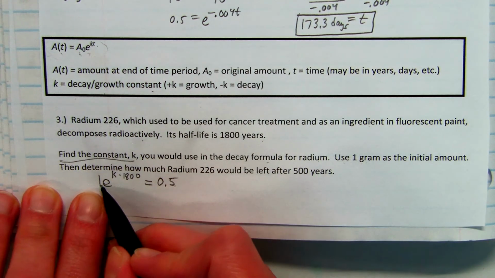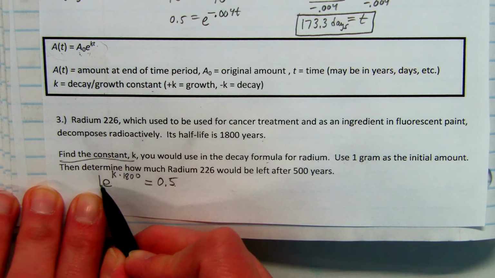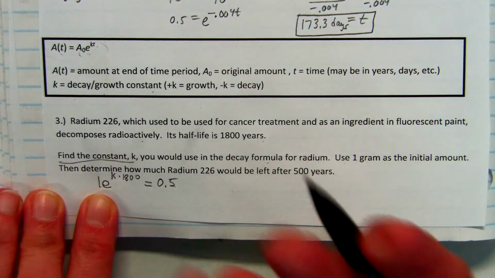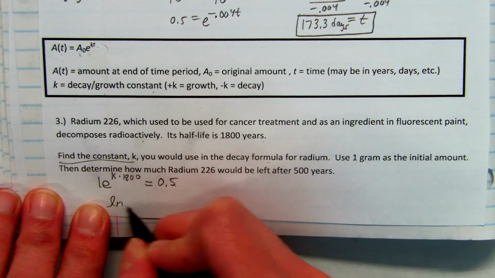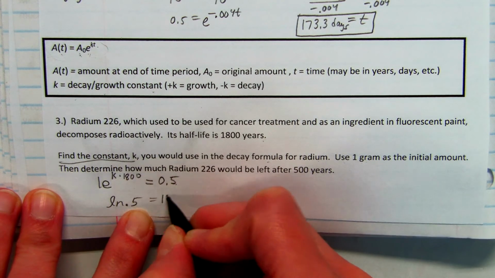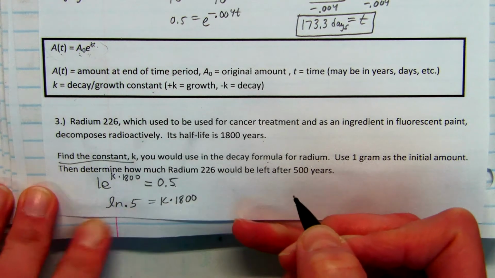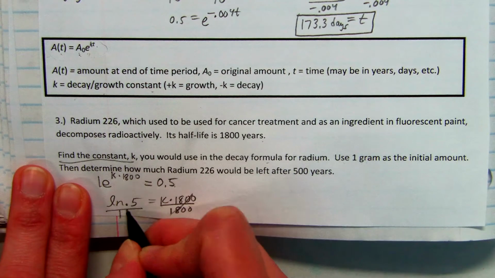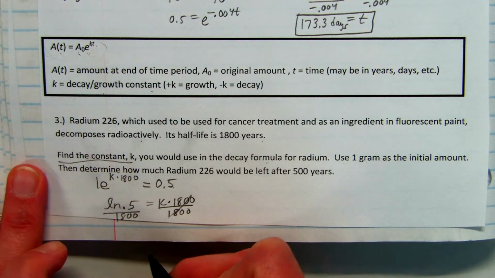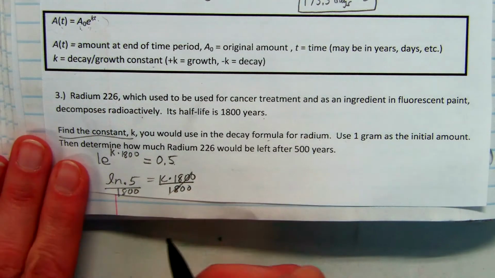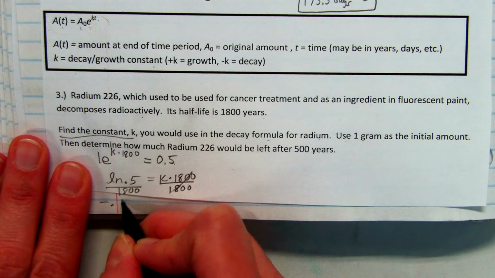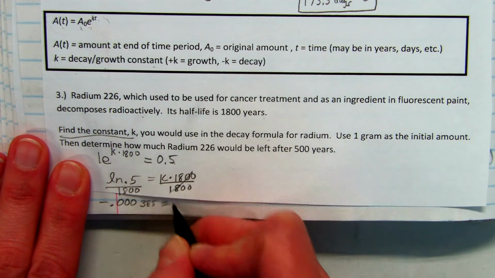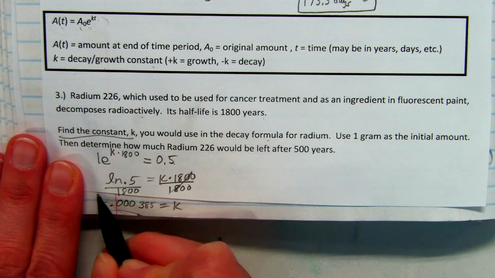So then you could divide by 1, but really that's not very exciting. We could just skip forward to rearranging this. So we'd have log base E of 0.5, which we've done a couple of now. That would just become natural log of 0.5 equals K times 1,800. And so to find K, we would just need to take that and divide by 1,800. And it comes out to be a tiny little decimal. It is negative 0.000385 is the constant K that we would use for